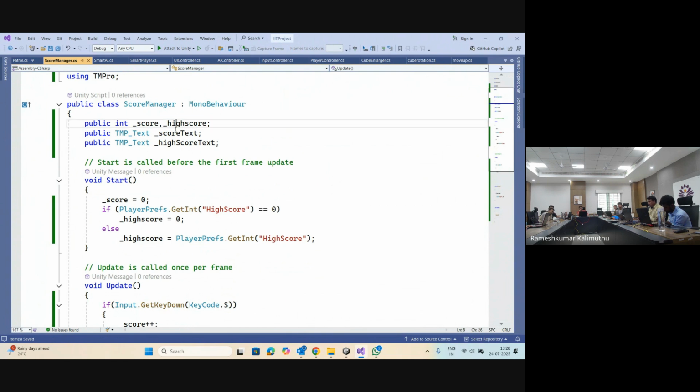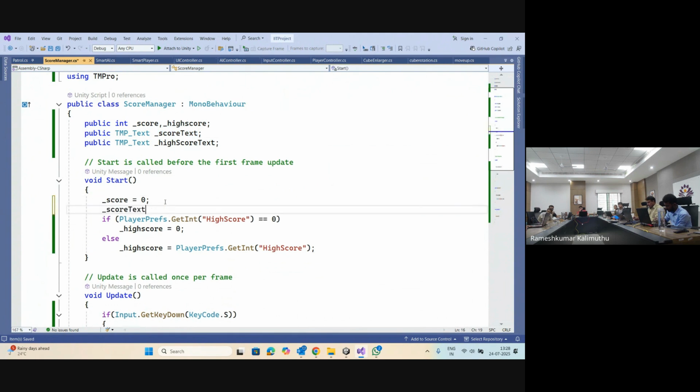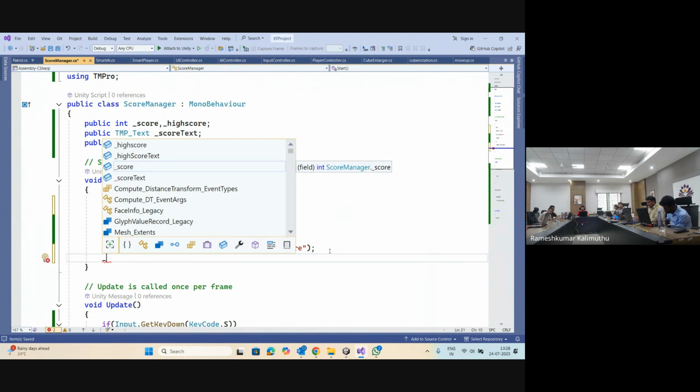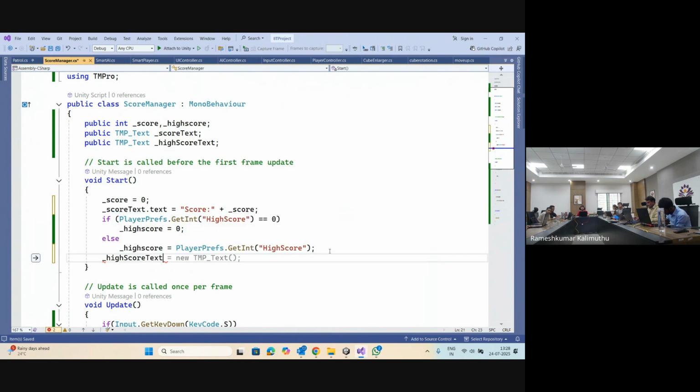So here, score text dot text is equal to score colon this, and high score text dot text is equal to,